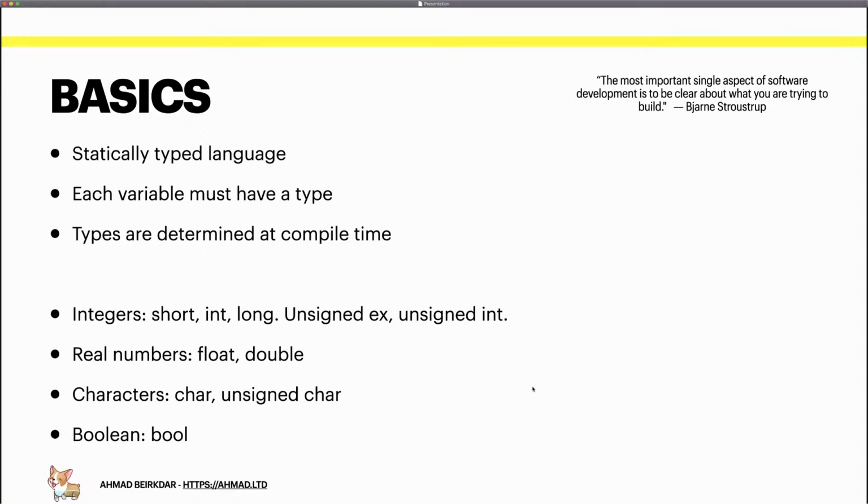So in C++, there's a bunch of primitive types. So we have integers, which are short, int, long, and we have unsigned integers like unsigned int. Each one has its specific size, such as